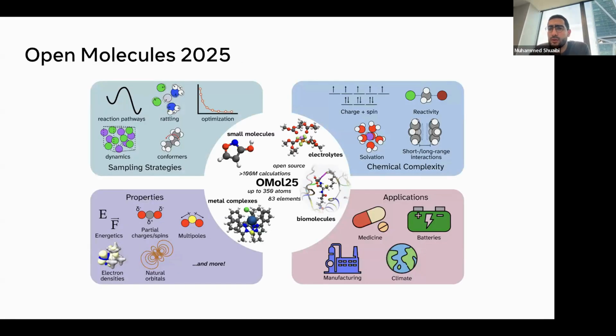But we wanted to shift to exploring other applications. I told you that there are several applications that we can study. One of them is molecules: drug discovery, studying proteins. Honestly, the space of molecule applications is numerous: medicine, batteries, manufacturing, climate.